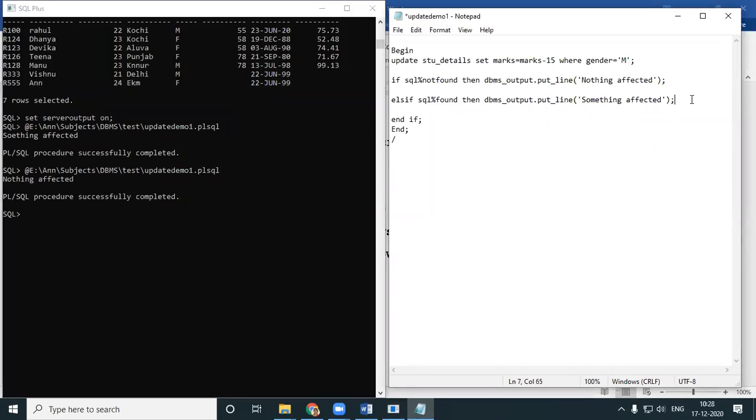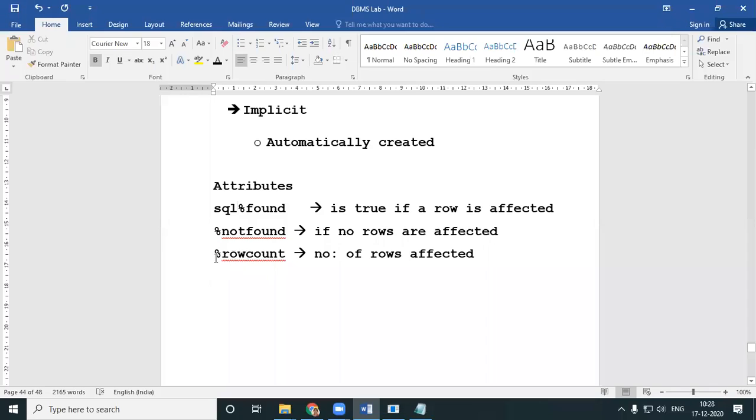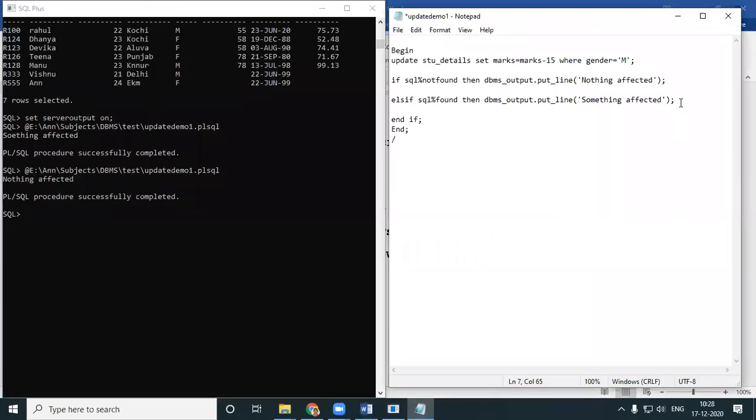And now I want to find out how many rows had a change. To find the number of rows, what do you have? %ROWCOUNT. So I'll then use DBMS_OUTPUT, something affected, and now here I want to have how many rows affected.